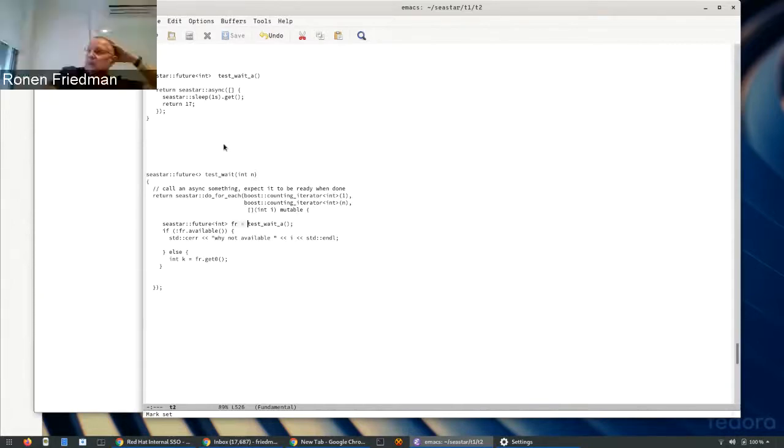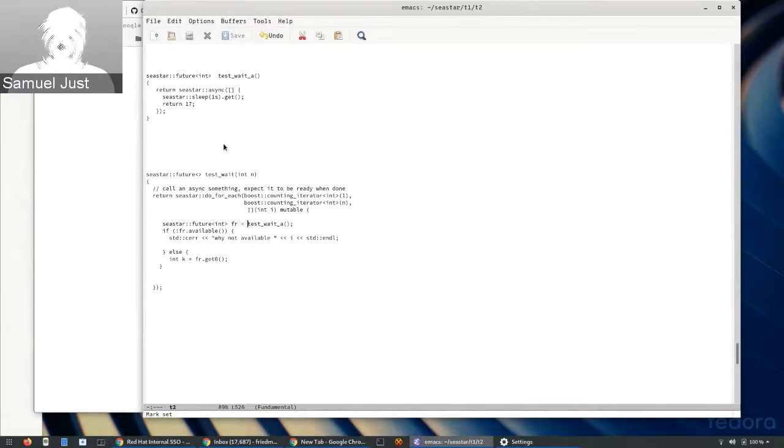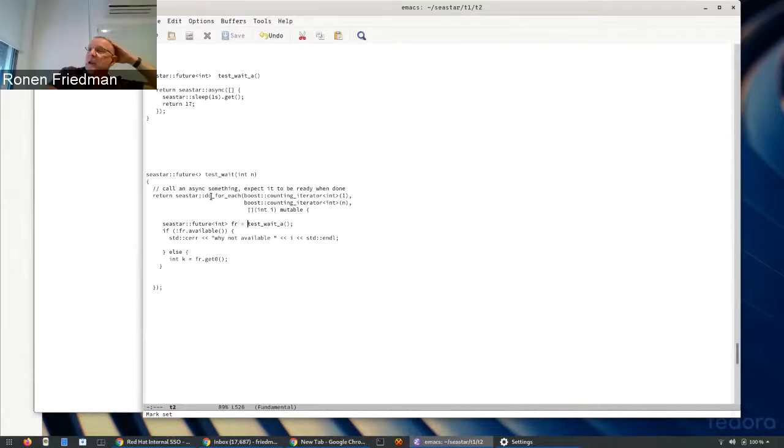Like if you move that async wrapper out to the outside part of test wait, then it would look like you had straight line code, but it actually wouldn't be. It would be stack swapping back to the reactor every time it would block. Okay, so there is no way to hide a wait inside the downstream function, which is what I'm trying to do. I know I can do it on the upper level, but I'm trying to limit it to